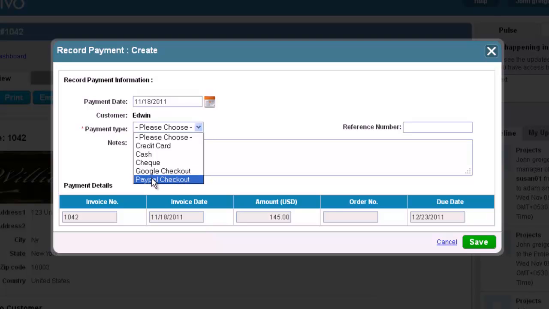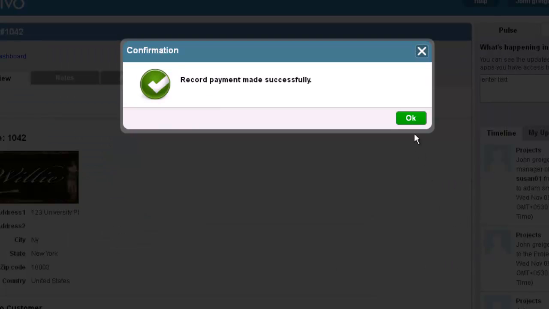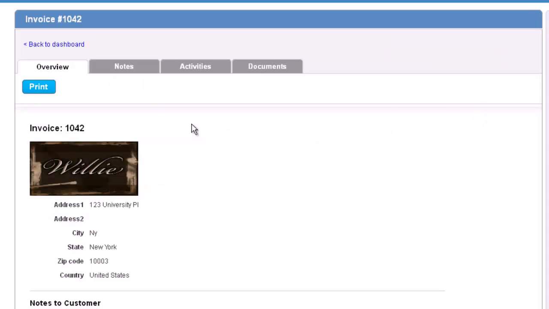Save button. Please note that if you have connected PayPal, Google Checkout, or Authorize.net to your Apptivo firm, and your customer pays the invoice through the link sent by Apptivo, then the payment will be automatically recorded and you can ignore this step. Lastly, if you want to print or save a copy of the invoice for later, simply click